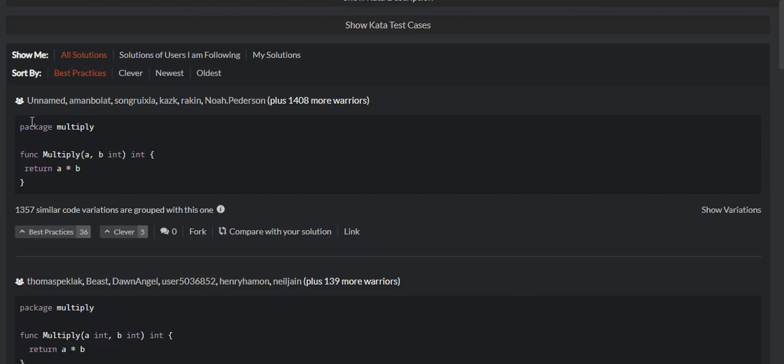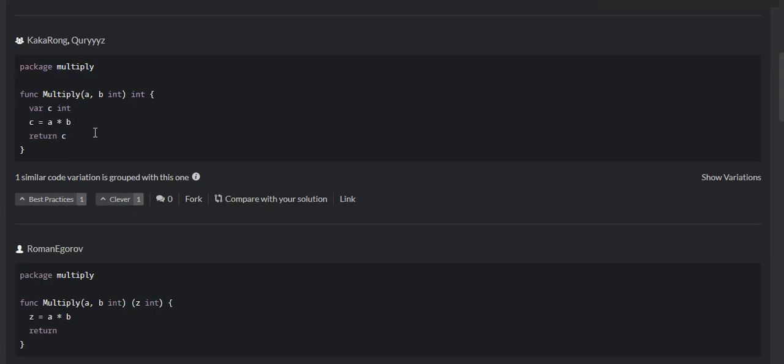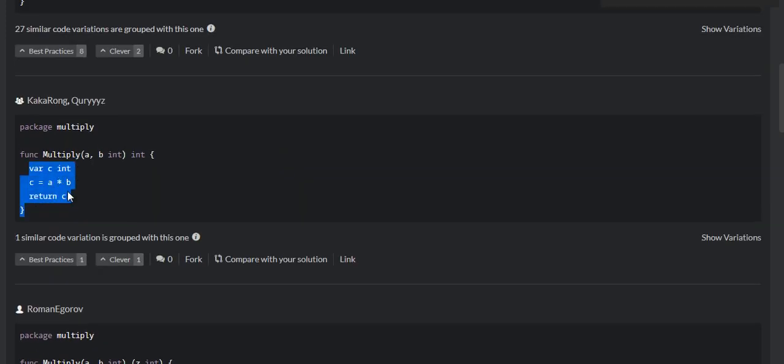If you want, you can go through this code as well. Here you can see they have created a variable to store the multiplication of these two variables, and the variable c is holding the multiplication of a and b, and they are returning c. I think this one is better, because here we are creating a variable, externally storing the value in the variable, and then returning the variable. So here you can see there is memory wastage.